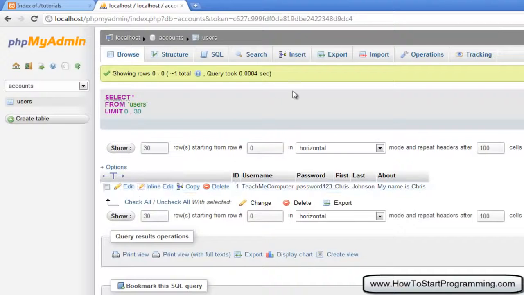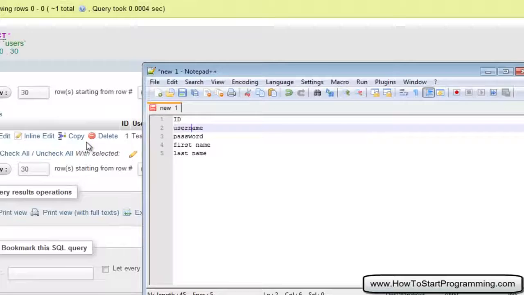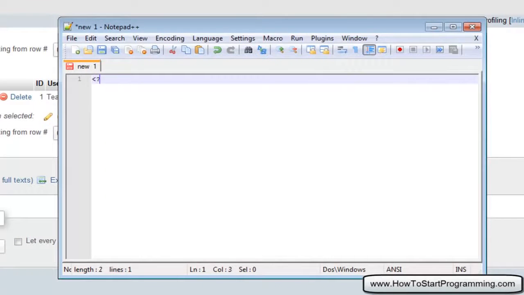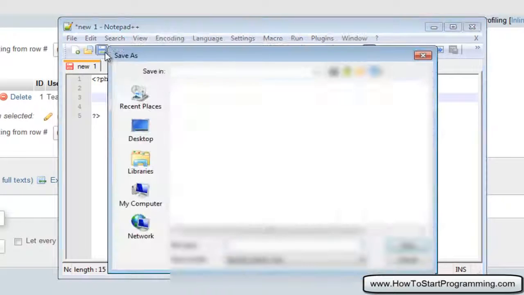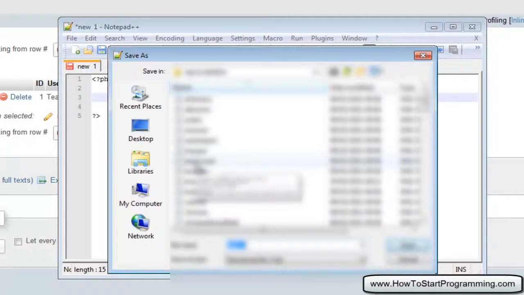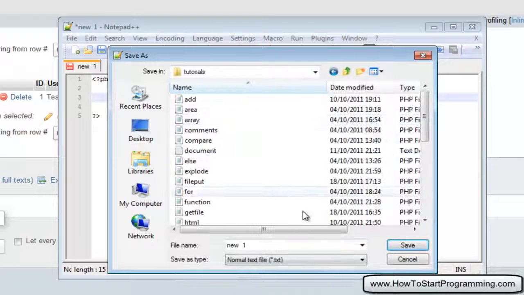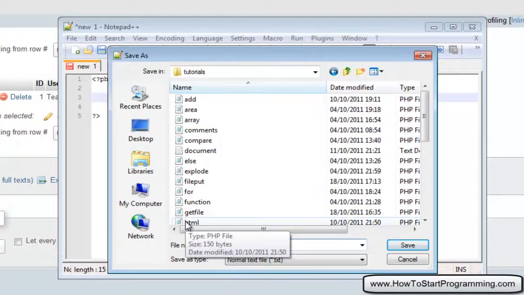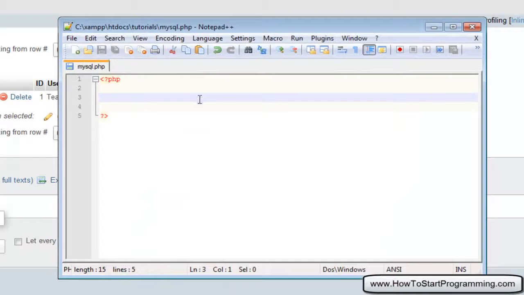So before I end this video, I'm just going to show you how to connect to the database, our first little MySQL query. So open up Notepad++, we'll delete this, make our first MySQL query here. So save this as, we're going to go to, hey, sorry about that, I'm not at the correct directory. Okay, we're here. So we're going to save this as mysql.php, and the way we can connect to a database is simply by typing